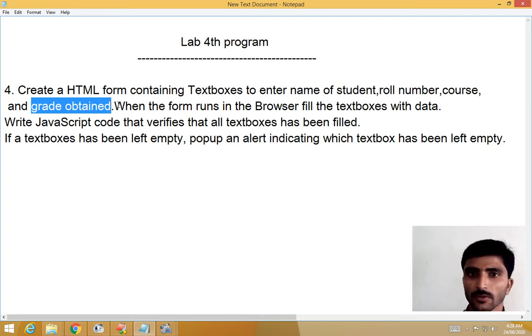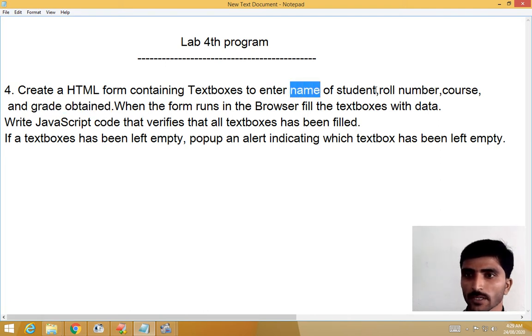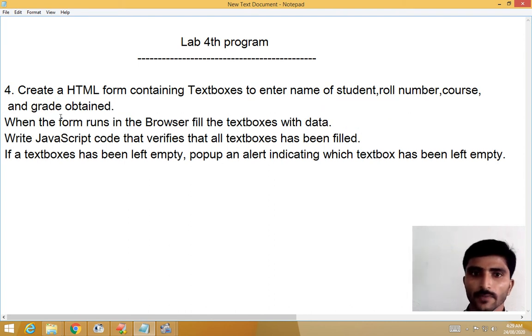So we have to create a simple form that uses 4 text boxes. One is for name, to enter the student name, second is roll number, third is course, fourth is grade.